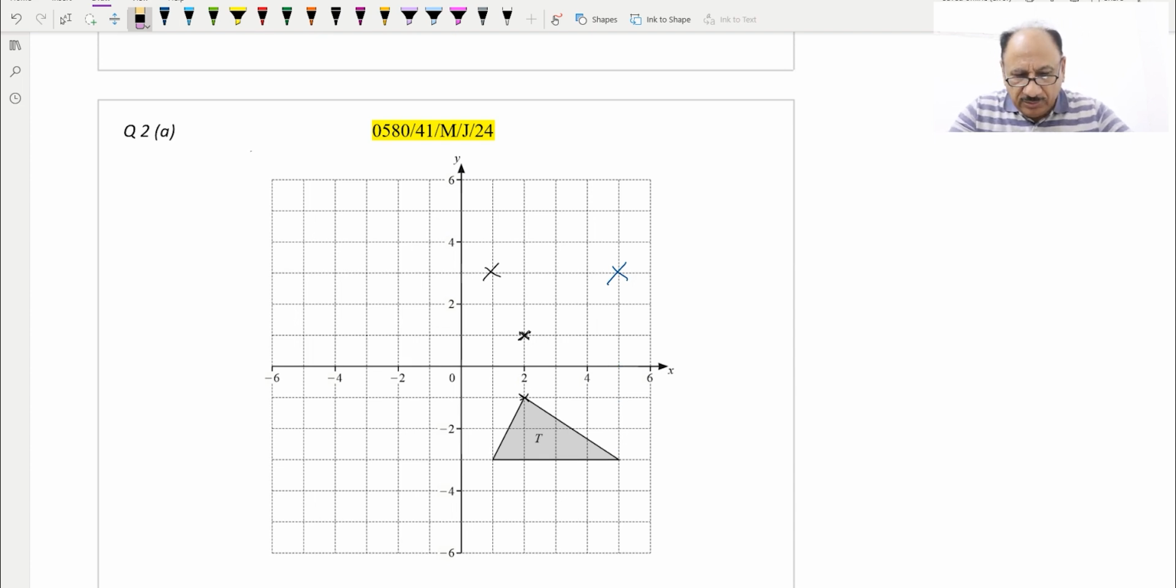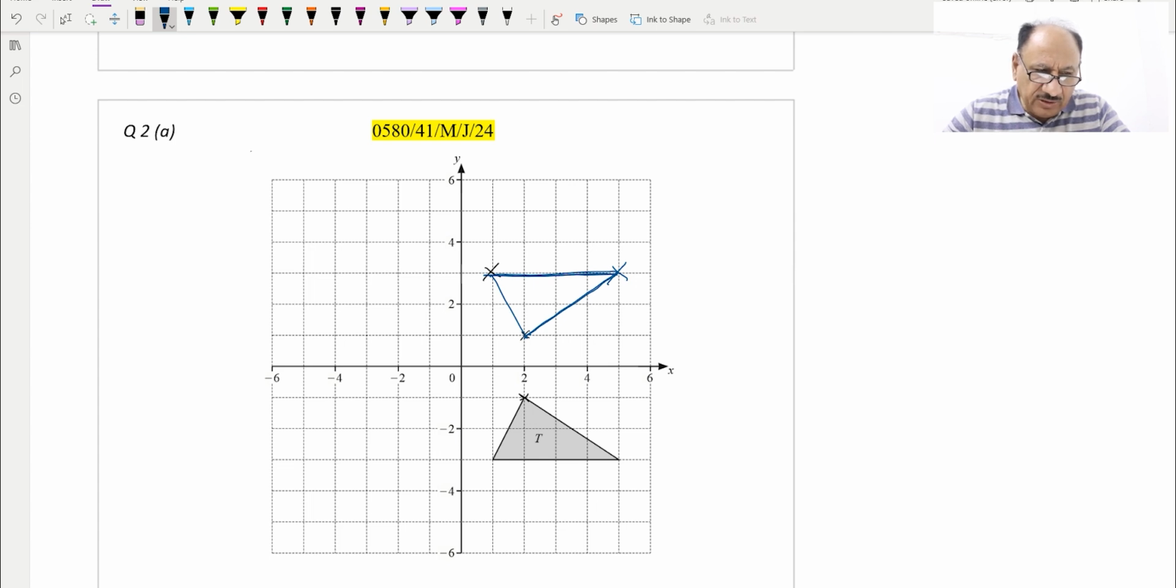And this will be our triangle, which we can draw over here, this one, and the second line will be this one, and the third line will be this. So this will be our triangle which is required. Now the second part, this was our first part, which is 1 mark, and the second part, the triangle T